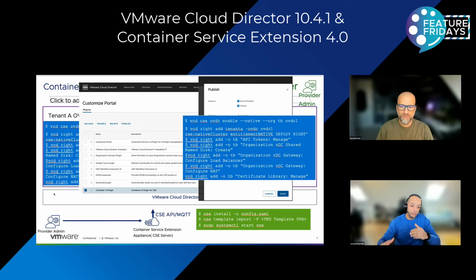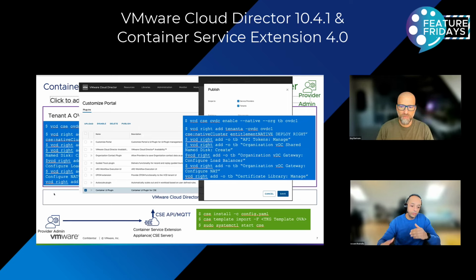For CSE 4.0, you don't have to install the server component and the CLI on a separate management Linux VM, for example. It's now all within the OVA that you download. CSE 4.0 is offered as a Photon OS OVA, which has all the binaries and everything that's needed. All you need to do is deploy it inside a vApp.